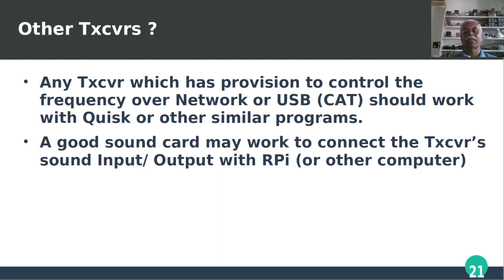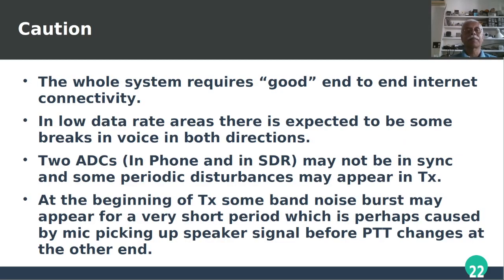A good sound card may be required for this purpose to connect the transceiver's sound input and output with the Raspberry Pi. The whole system requires good end-to-end internet connectivity. This is one of the important things. When there is a low data rate area, you expect breaks in voice in both directions. Since there are two ADCs, one in the phone and the other in the SDR, and they are not always in sync, there may be some periodic disturbances in the transmit. In fact, I have got reports that there are some tick tick sounds in between, which may be caused by this kind of